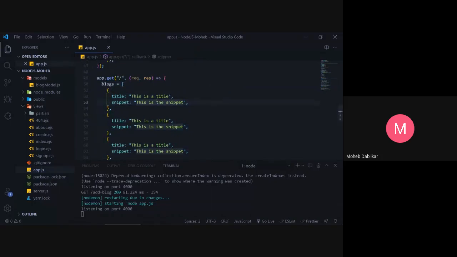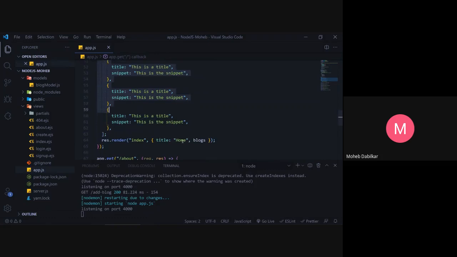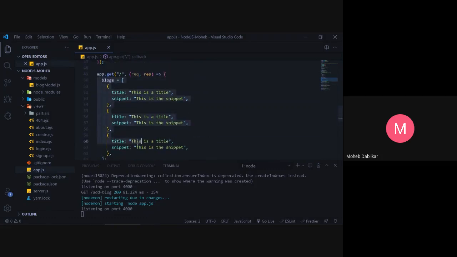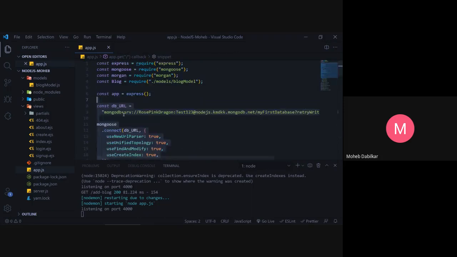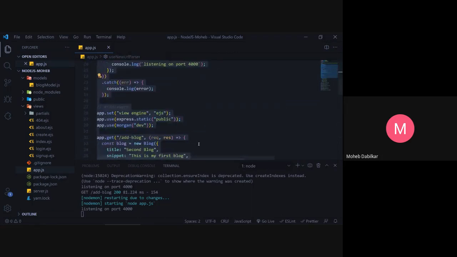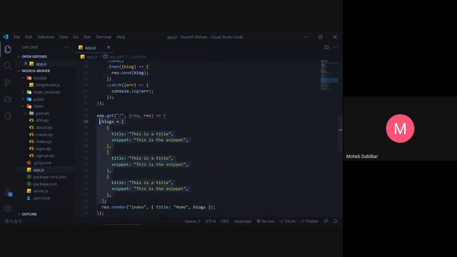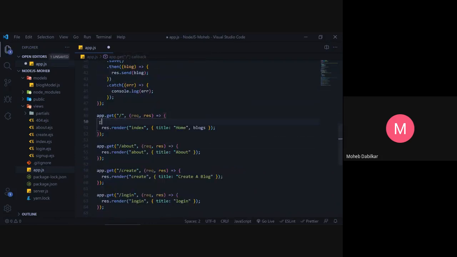Now you want to get this. Once you get app.get slash, you want to find all the blogs, and then pass in these blogs over here. Let me just hide the terminal, and then we will backspace this entirely.